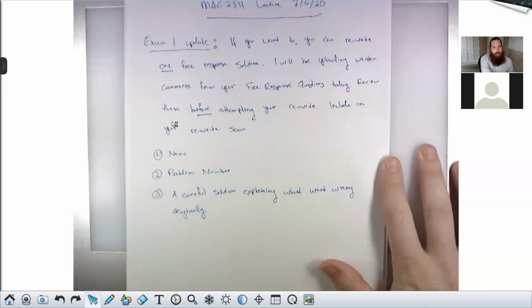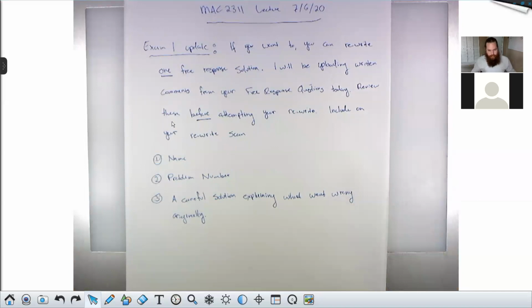So if you just didn't have time to get to the question and your rewrite is a question that you didn't attempt the first time through, then you can just say, I ran out of time. But if the issue was that on that first free response where you're asked to show that that function is or isn't differentiable, I want you to explain how your correct solution differs from your original solution. Like maybe, oh, I didn't realize, but I was showing originally that this function was continuous and I wanted to show that it was differentiable and I just got the definitions crossed up in my head, or something like that, right?